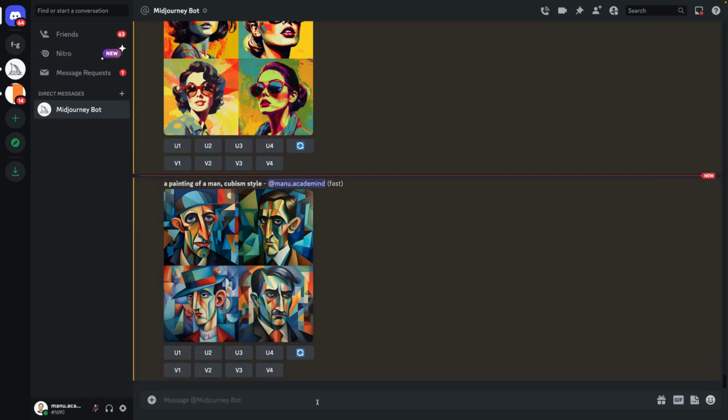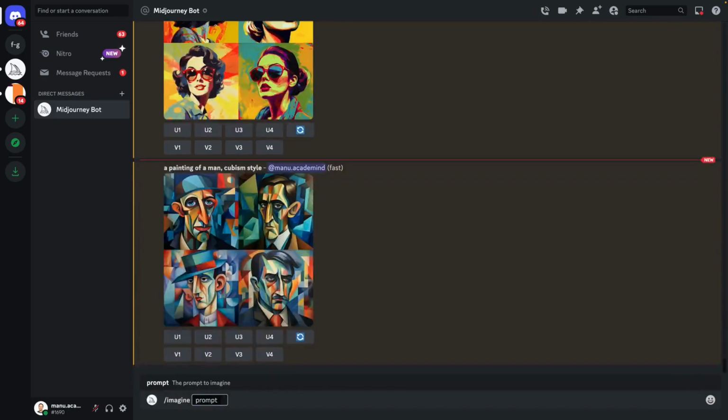Now if I, for example, write another prompt saying a watercolor painting of 3 young people walking, it should be a panorama maybe, and it should be Van Gogh style and a park in the background, for example.